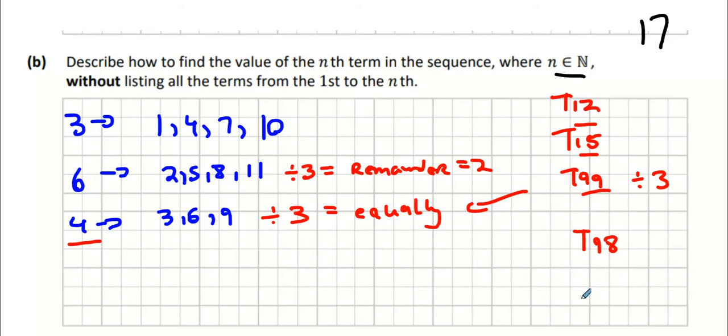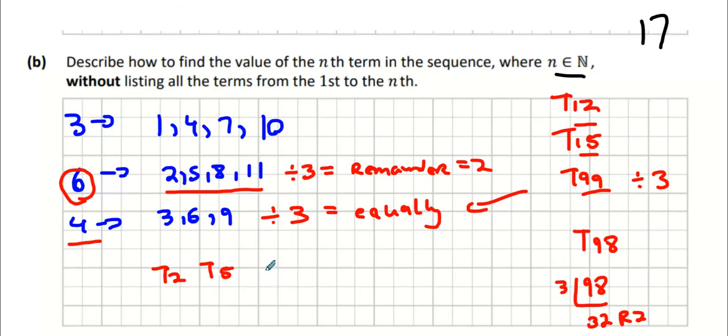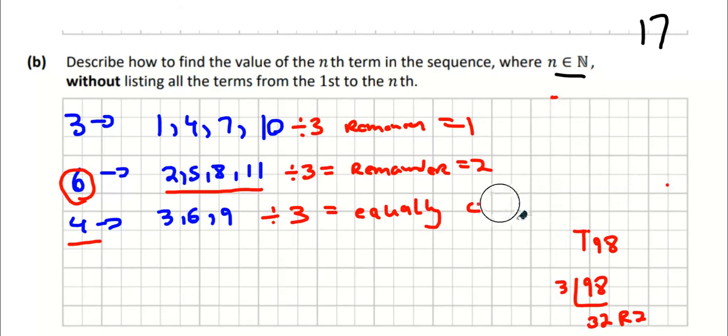So let me give you an example, what would be T98? If I did 98 divided by 3, and I got 3, and then I went in twice, remainder 2, I'd automatically know the answer is 6, because all of these terms have a remainder of 2. T2 has a remainder 2 when divided by 3, T5 has a remainder 2 when divided by 3, and T8 has a remainder 2 when divided by 3. Okay, and then finally, if you divide the top one by 3, it will have a remainder of 1. So here's what you do. You divide the term by 3, and if it has a remainder of 1,